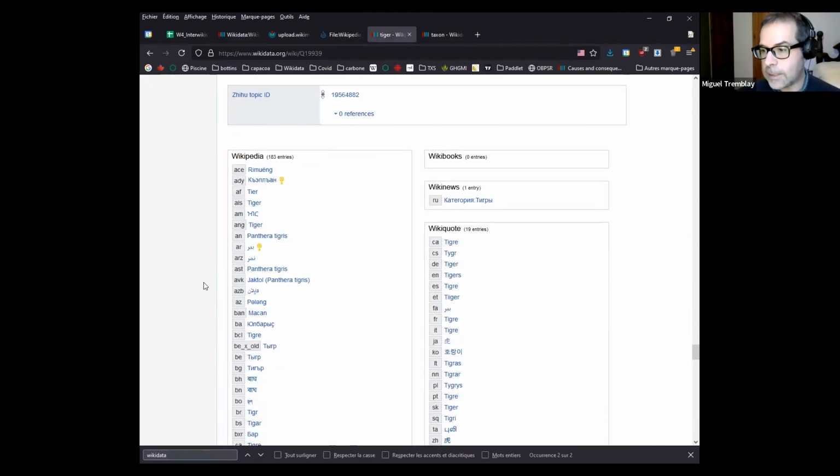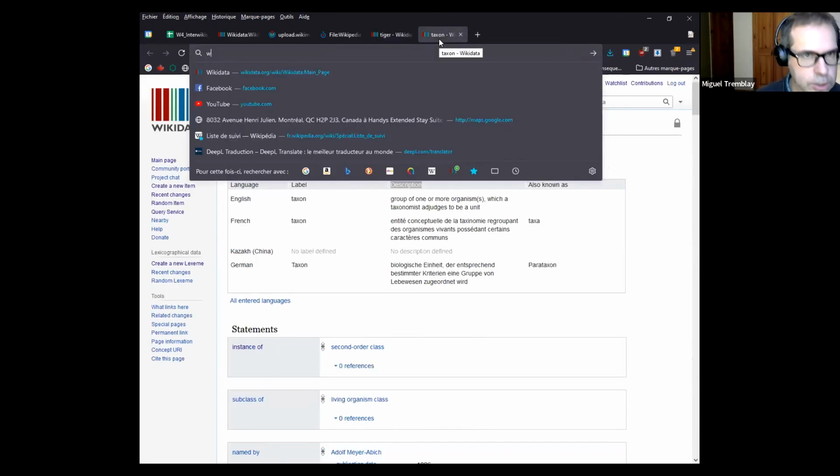So basically it's what brings all the entries of different projects of Wikimedia together. So for Tiger here, they are what we call Wikipedia entries. So there are 183 languages with an article about Tiger, and this is where they are linked together. So when we look at the Tiger in English,